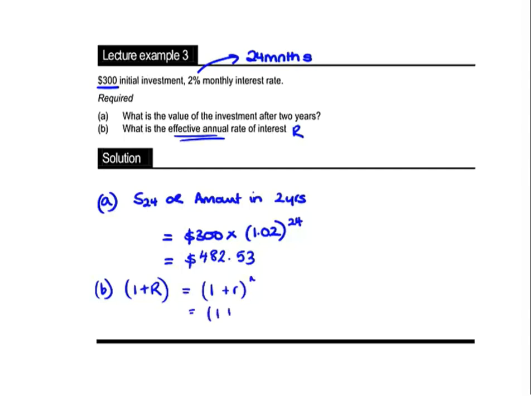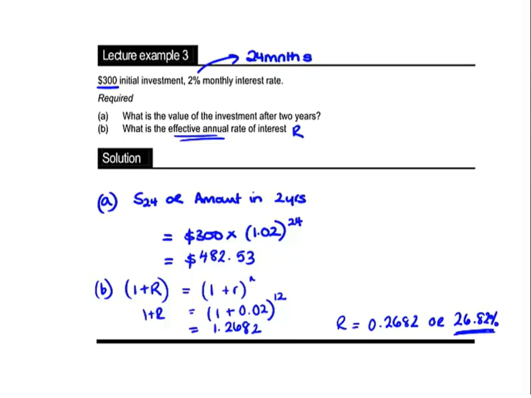Well, 1 plus 0.02 to the power n, and that's the number of periods that are going to occur in 1 year. So there are 12 months in 1 year, so that's going to be to the power 12. So 1 plus R is equal to 1.2682. But to get R on its own, we need to take 1 off it. That's 0.2682, or